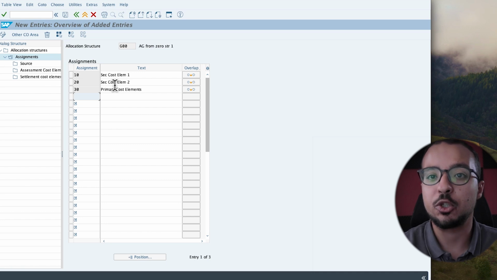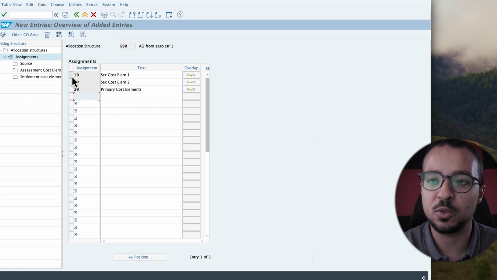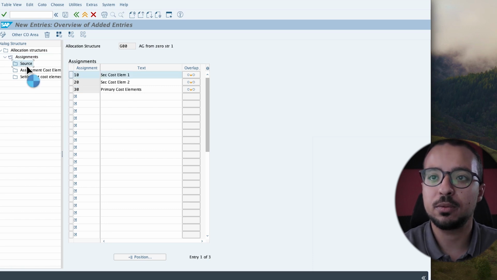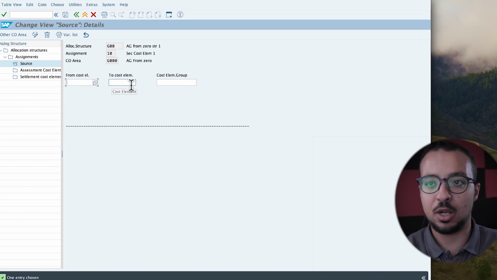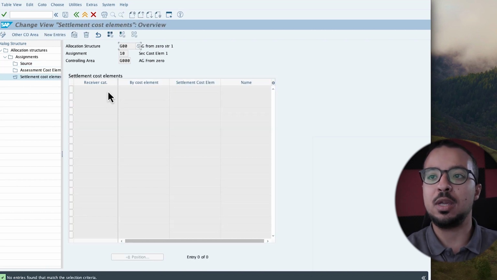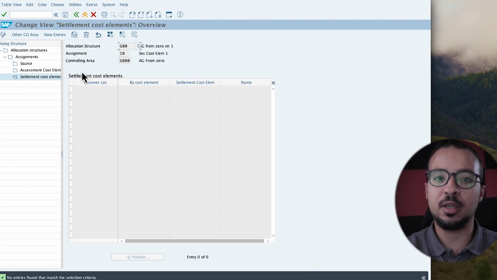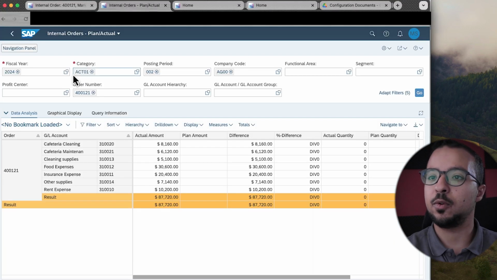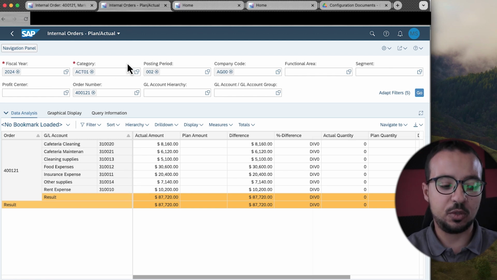Now I will start assigning the cost elements and the secondary cost elements to each of these. So first I will select the first line, then go to source. Here we say that from this cost element until this cost element, or for this cost element group, and then we go to settlement cost element, and here we specify the secondary cost element we are going to use. Now if I switch back to my report for the internal order line items, here we said that 10, 14, and 11 will be under one cost element. So in this case, if I switch back to SAP GUI,